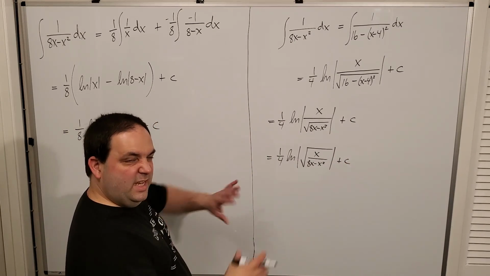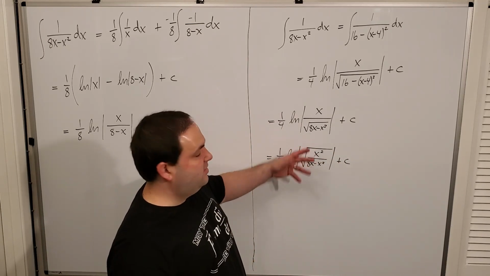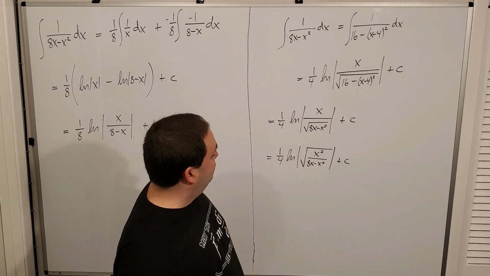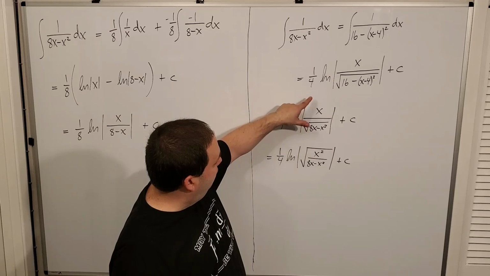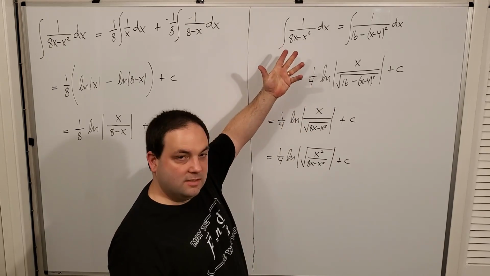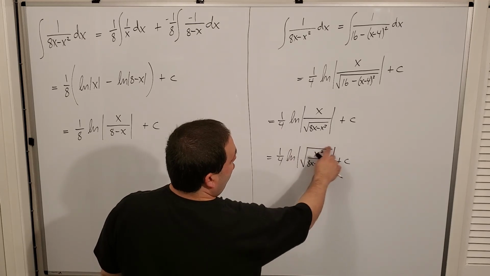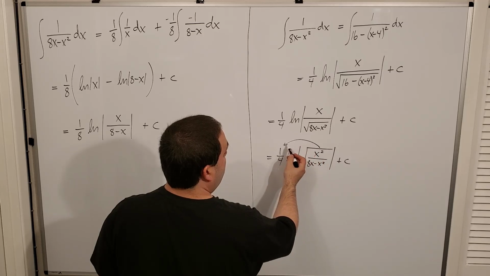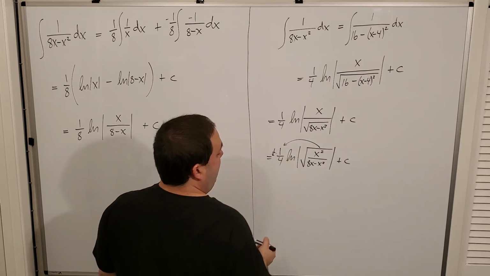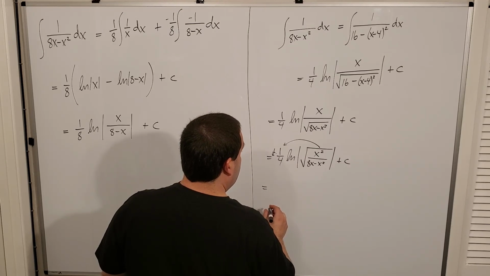Although there's a lot of little nitpicky details in there as to why this should be legal or not, just depending on what you believe and what you want to hold it to. But basically, the square root of x squared is the absolute value of x. So basically, all I did was just extend it and rewrite it. A square root is a 1/2 power. So I can bring the square root out with my logarithm rules as a 1/2 coefficient, and the 1/2 times the 1/4 would then give me 1/8